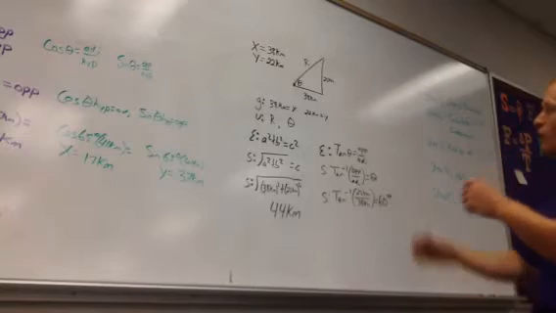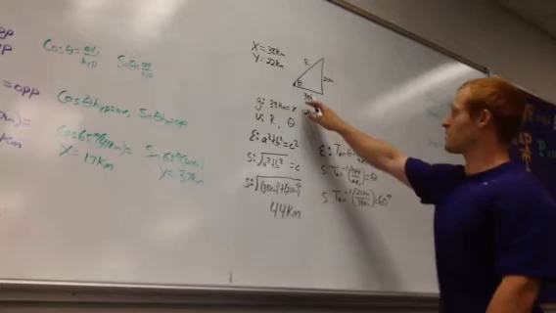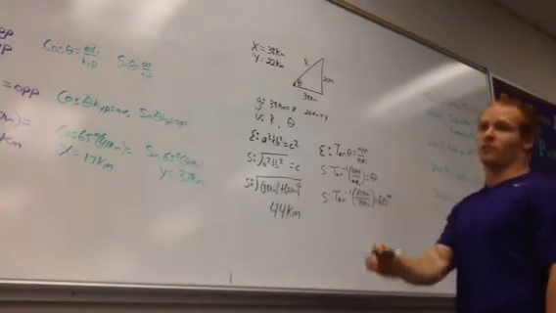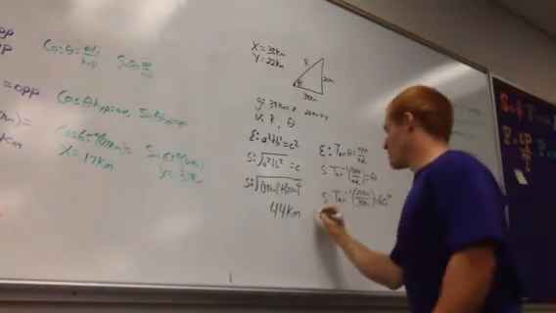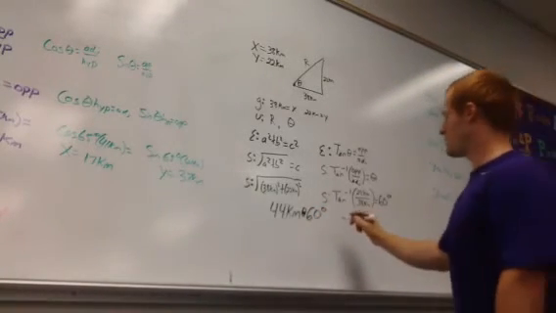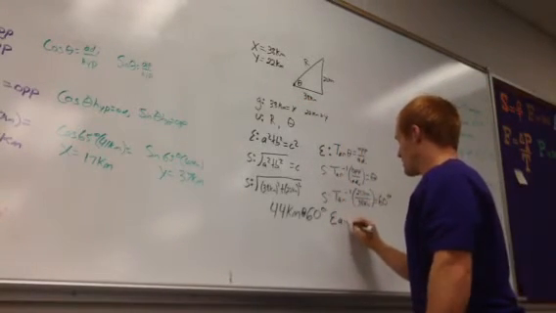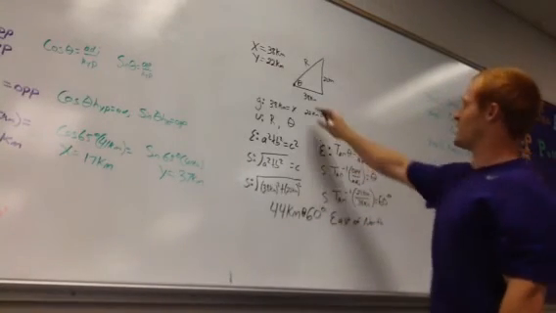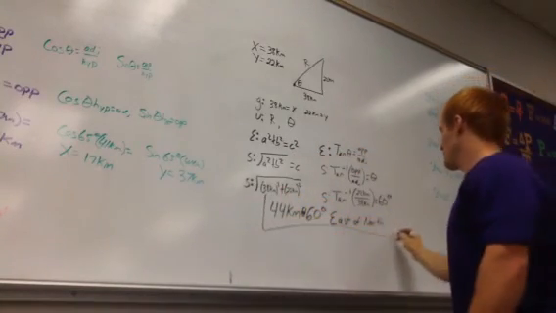Now we have to say what the triangle is. For this triangle, because the x value is bigger than the y, we're going to have to say the x direction before we say the y direction. Because it is positive, it's going to be east, so this is going to be 44 kilometers at 60 degrees. We're going to go east and then north, so east of north. The reason why we go east first is because it is the bigger value and it is positive, so that tells us it is going east. So that would be